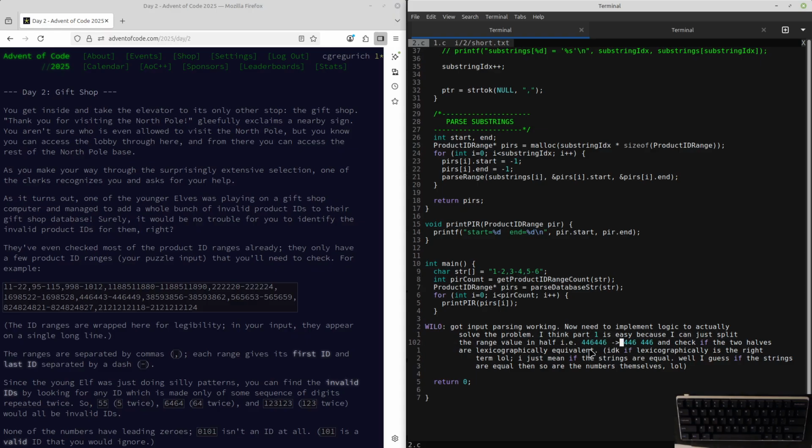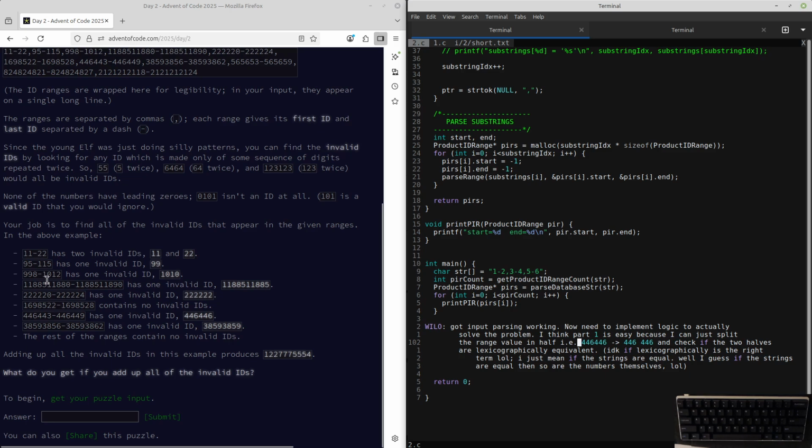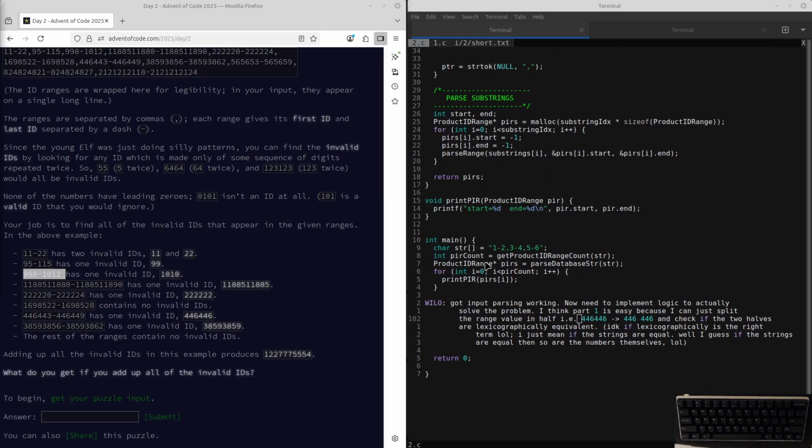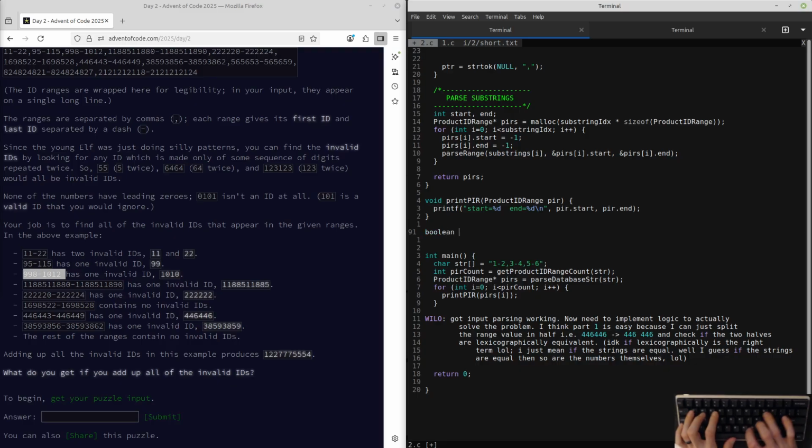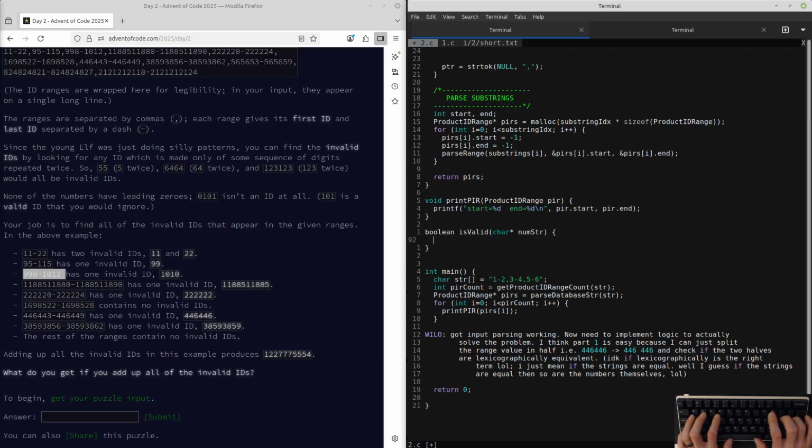I think part 1 is easy. That's where I left off: trying to figure out how you actually decide if a given value in the range is valid or not. So let's start by making a function that will take a number, or technically it should be a string, and just returns if the string is valid. And based on the problem,